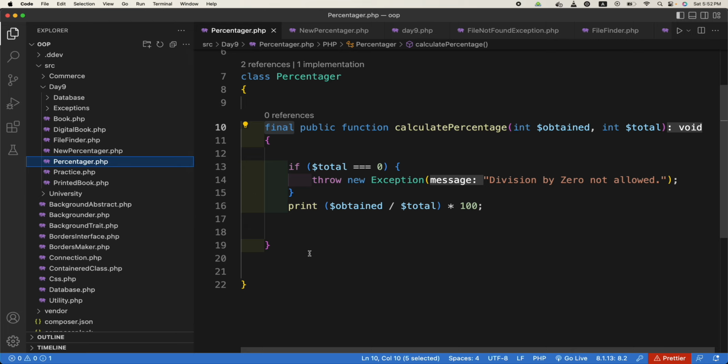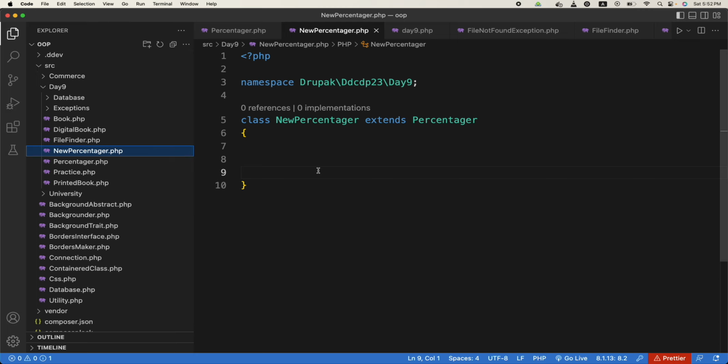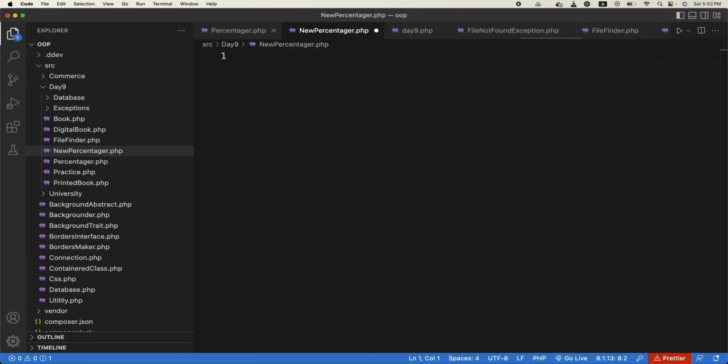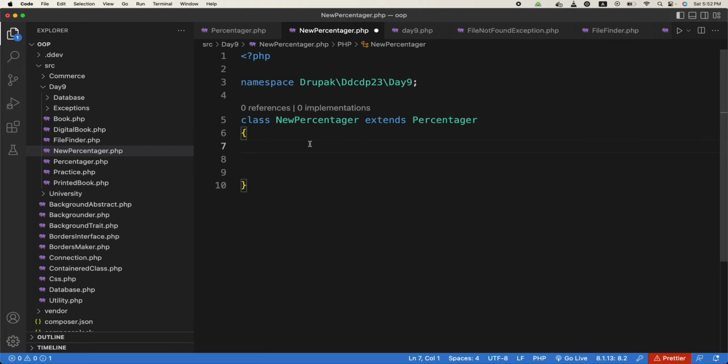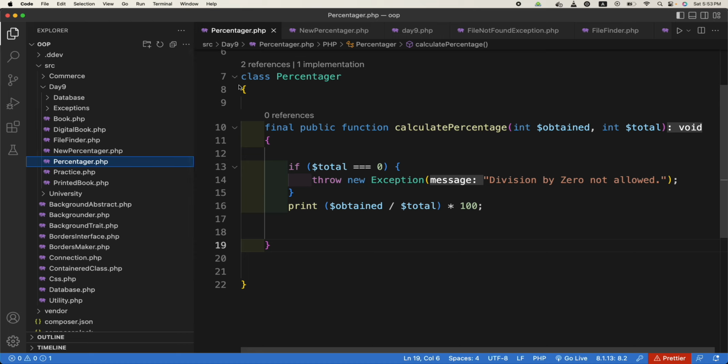Similarly, this user can now have some more logic of his own in his class. We have limited his ability to override our function calculate percentage, but still he can extend the class. And if we are sure that a certain class should never be extended, in that case, if we make the class itself final like this,